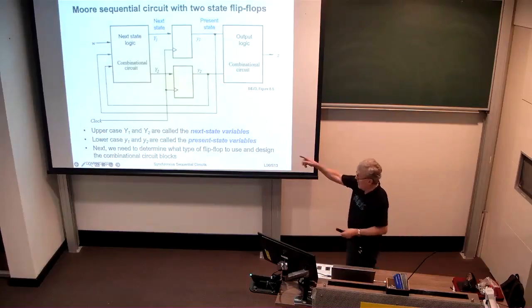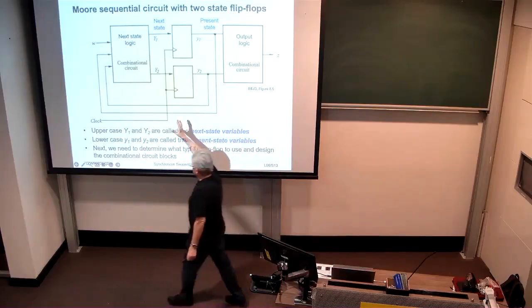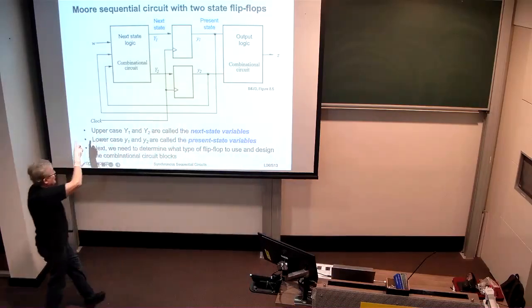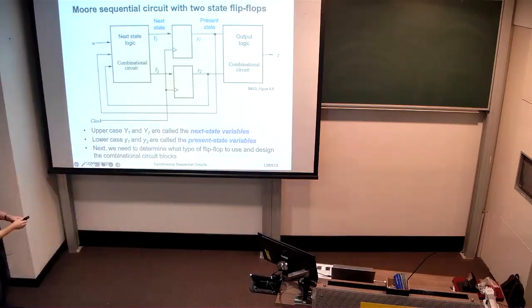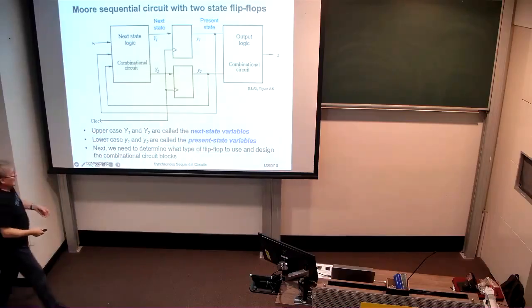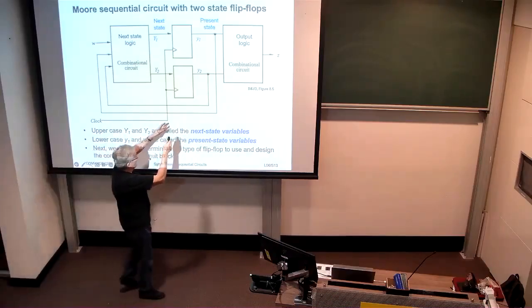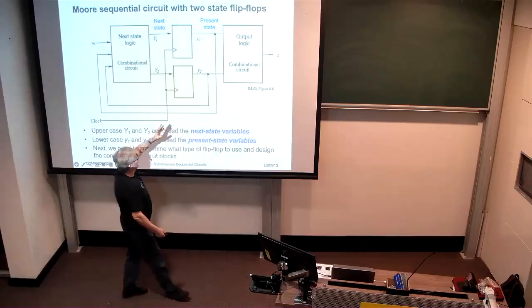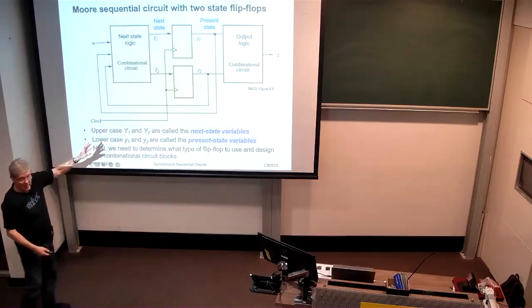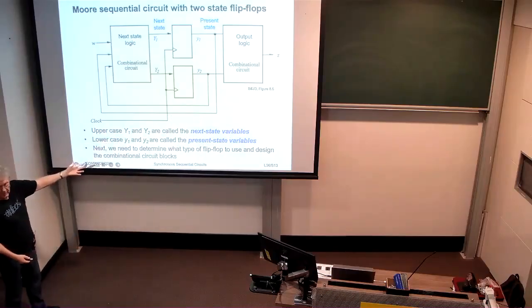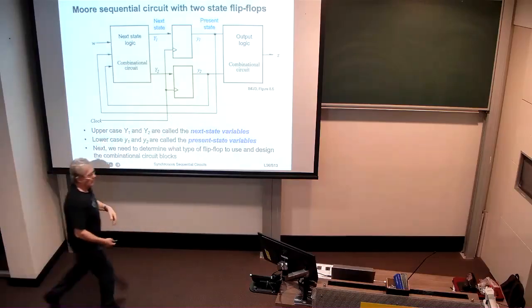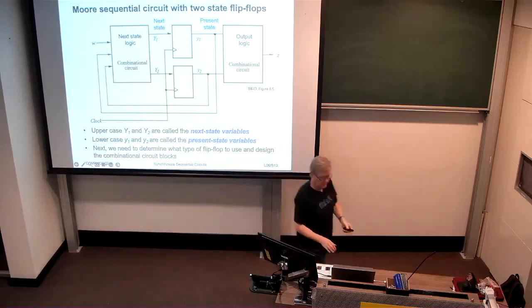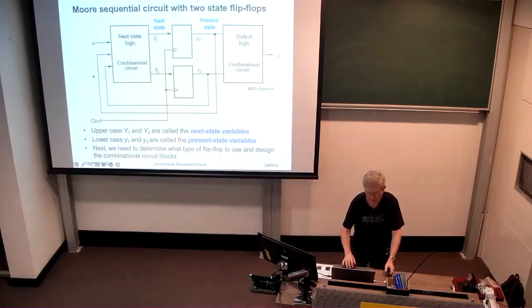So this one here, where we have some next state logic that takes the current input and the present state and determines what the next state input should be to our flip-flops. We have our state flip-flops, and we have output logic that depends either only on the present state or on the present state and the current input as well. So going back to where we were,